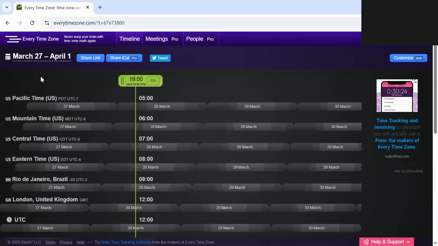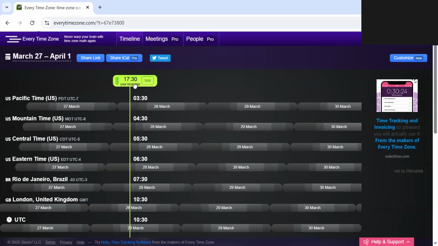So you click and then you choose the date and then you move the green bar, this one, to the time of your meeting. For example, 7 p.m. So 7 p.m. it means this one. And then if you have set the time, you click link,